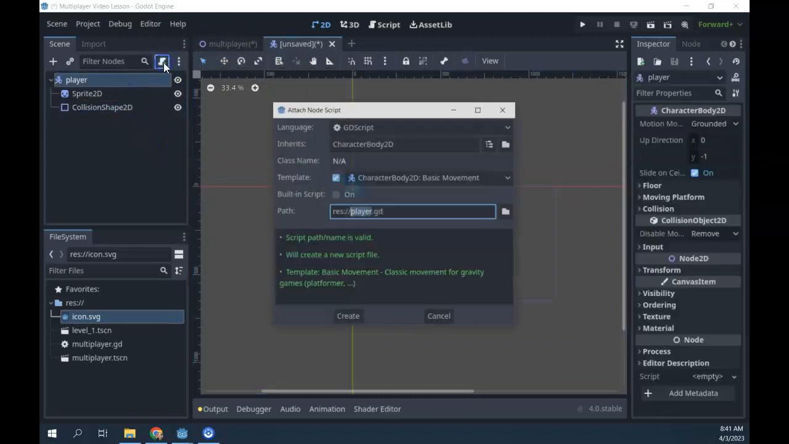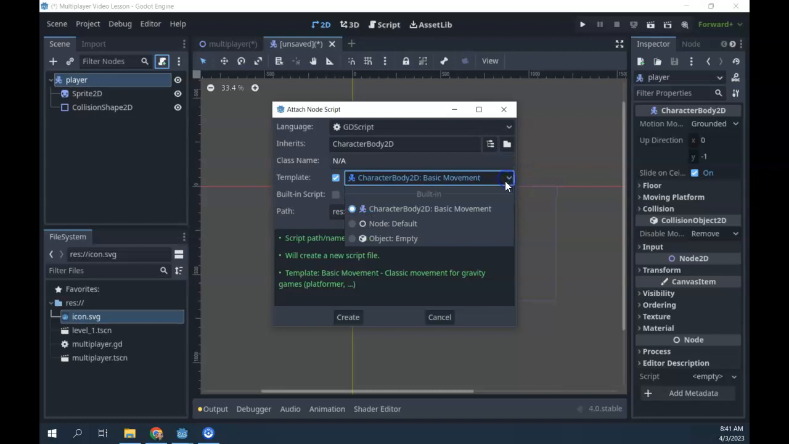When we hit attach a script, we've got what are called templates now. Previously we would have said the node default or an empty object, and it would just give you a blank script here. But what they've given us is a character body basic movement template. So Godot's written the code for you. If you hit create,